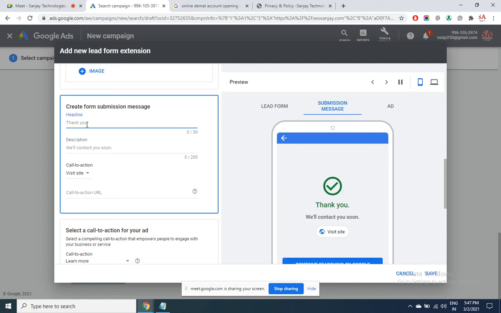After filling the form, what do you want to display to the user? Like this, a screen will be shown, so you can add more content.